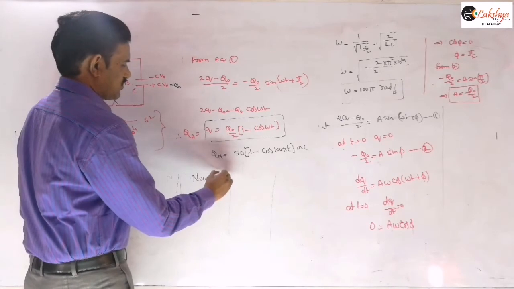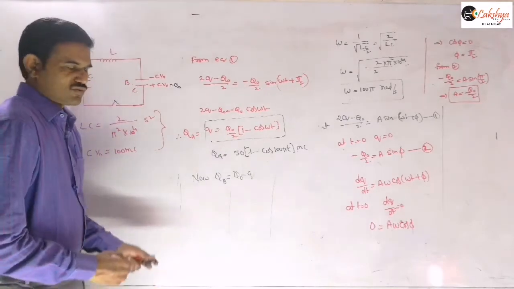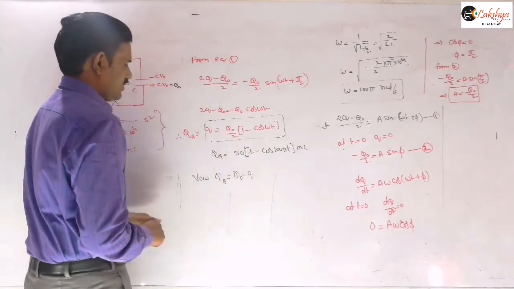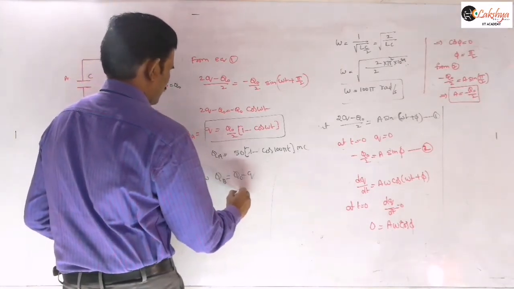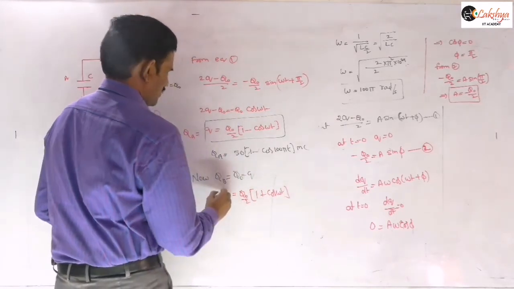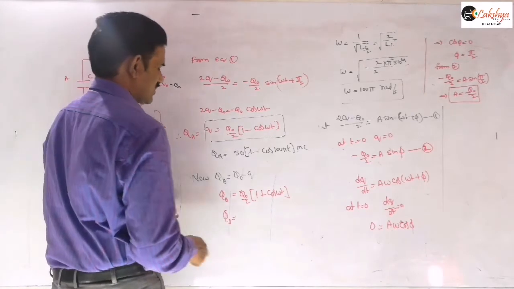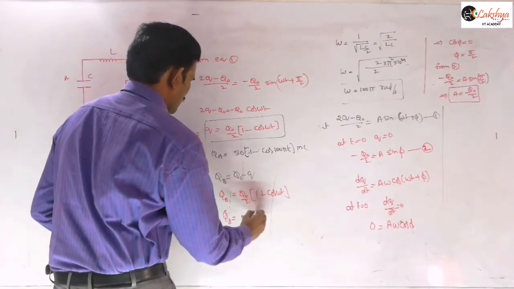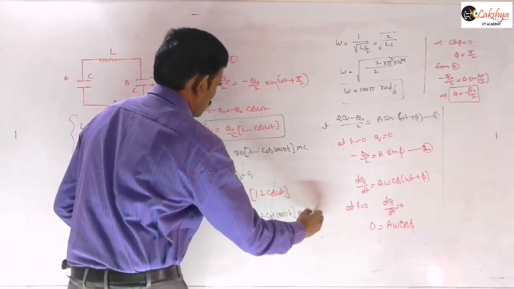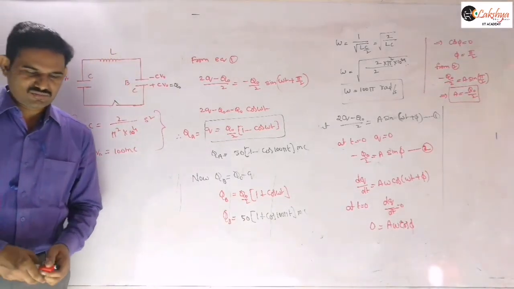Now the charge on B you can write as q naught minus q. So that means q naught minus q, where this is our q value, you can substitute that. And so what we can write there is q naught by 2 into 1 plus cos omega t. So this is our charge on B. Therefore the charge on B, you can write this expression as, let us substitute these numericals, 50 into 1 plus cos of 100 pi t millicoulombs you will get. So that will be the charge on this B. So like that we need to calculate the charge on A and the charge on B there, right?